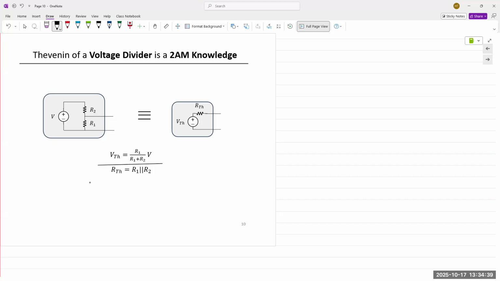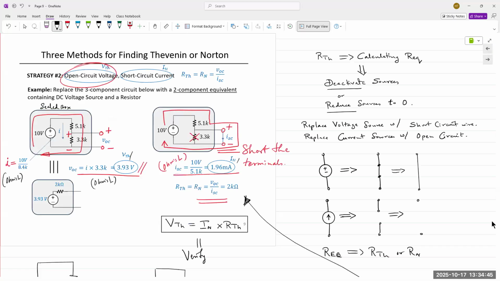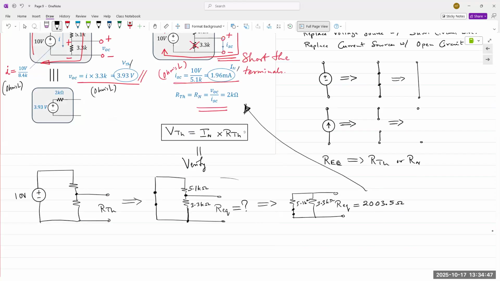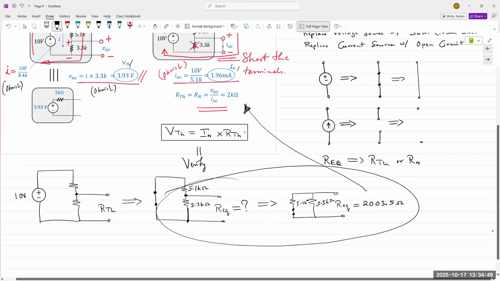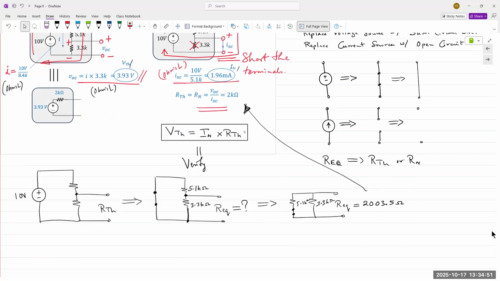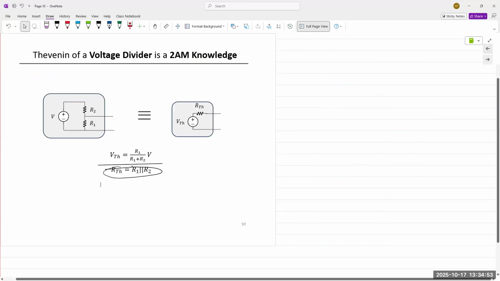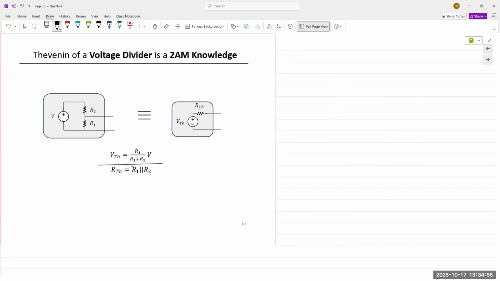The equations come about, we already saw this, right? RTH is R1 parallel R2. We just saw it on the previous slide, right here. Req, RTH is those two resistors in parallel. So RTH is R1 parallel R2. In VTH,